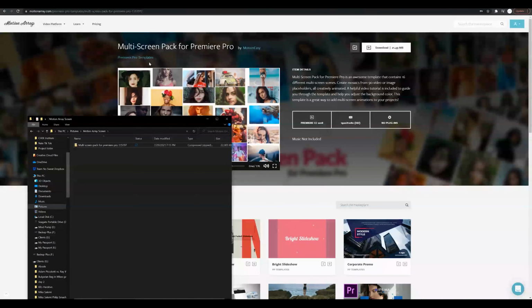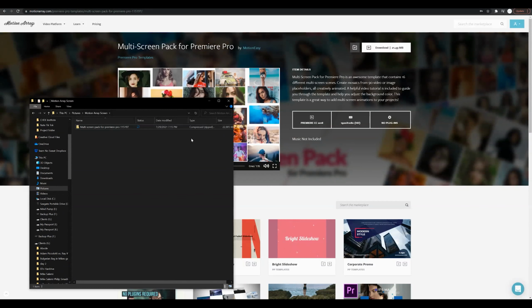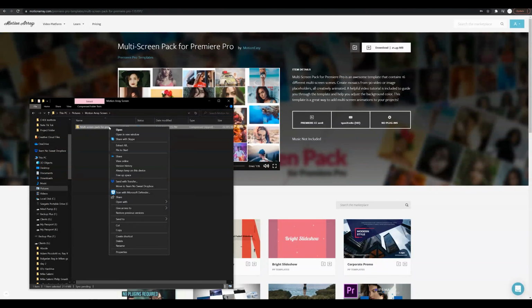Now, I'm going to be working off this multi-screen pack for Premiere Pro, but you can implement what I'm about to show you for any Premiere Pro template, okay? A lot of them are very similar, and the concepts I'm going to be going over in this video can be applied to any Premiere Pro template that you use. Of course, there'll be little differences, but once you've downloaded the template that you want to work with, go ahead